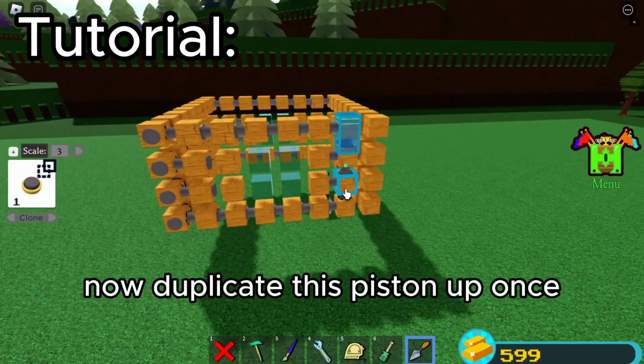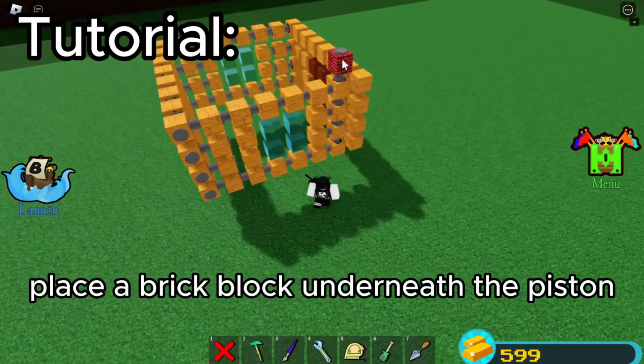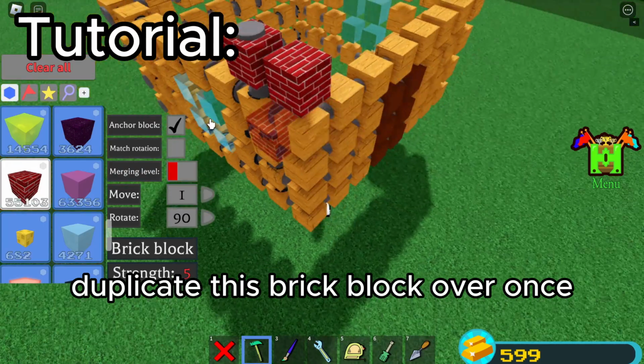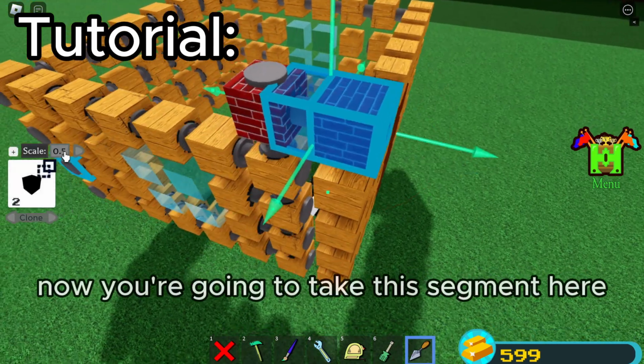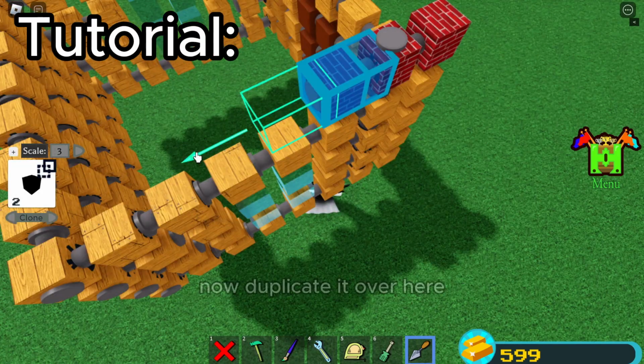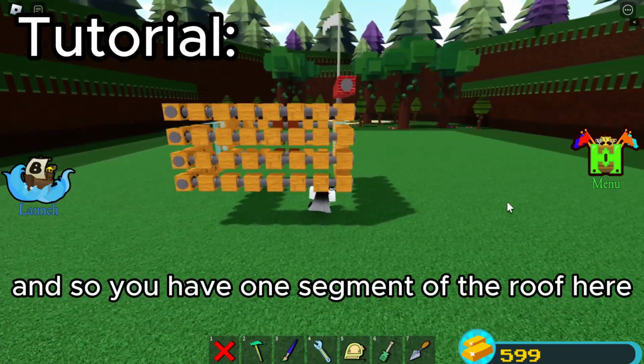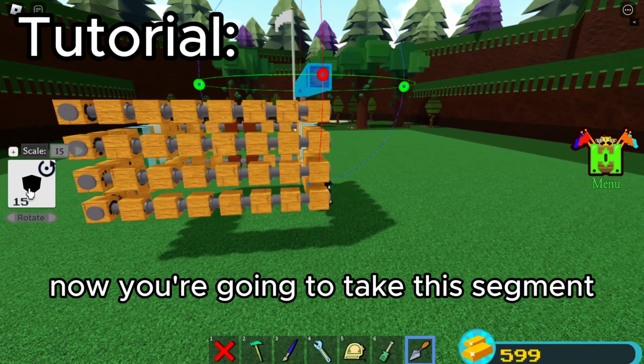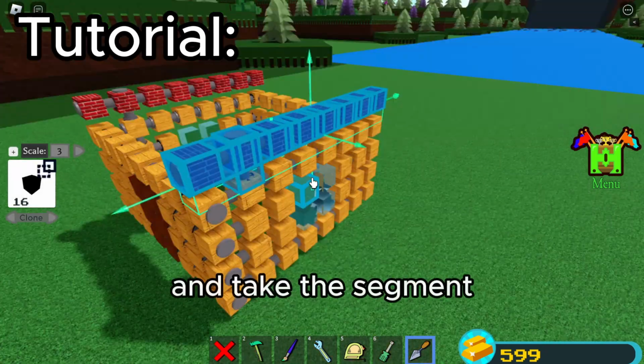Now duplicate this piston up once, place a brick block underneath the piston, duplicate this brick block over once. Now make another segment. Now you're going to take this segment, duplicate it over twice, rotate it. Now duplicate it over until you have 1 segment of the roof. Now you're going to take this segment, move it over to the other side, and take the segment, clone it